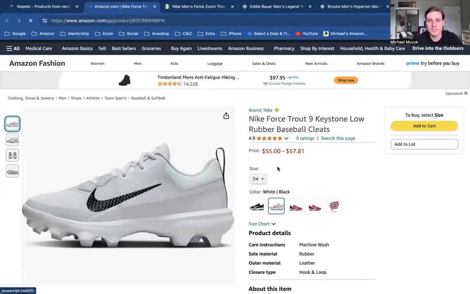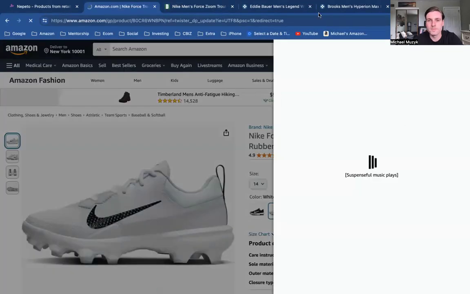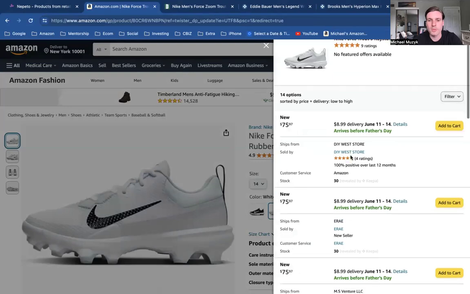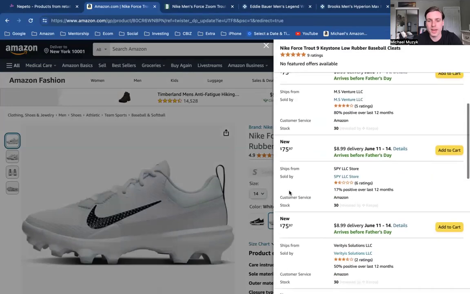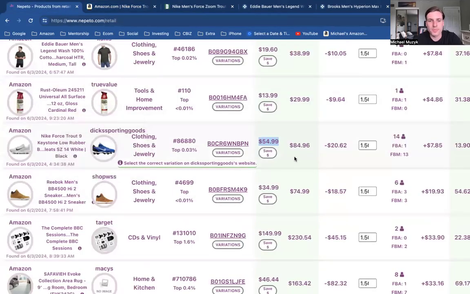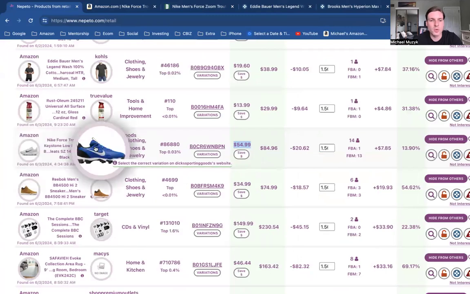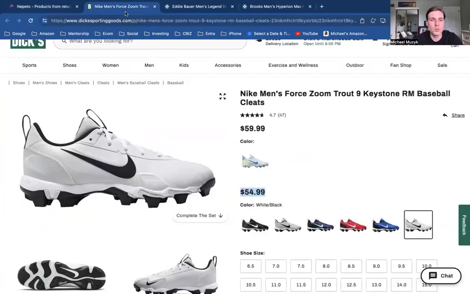Size 14. See all buying options. Okay, we can see it's selling for $75.97. Some people might have dropped their price. So this is an example where, even though the image is blue,